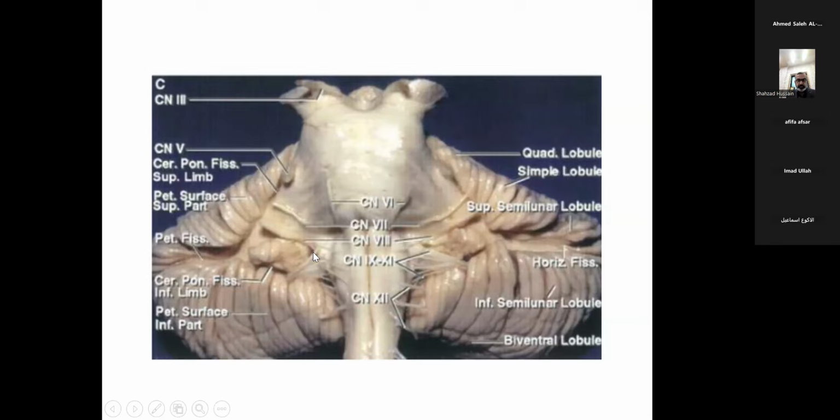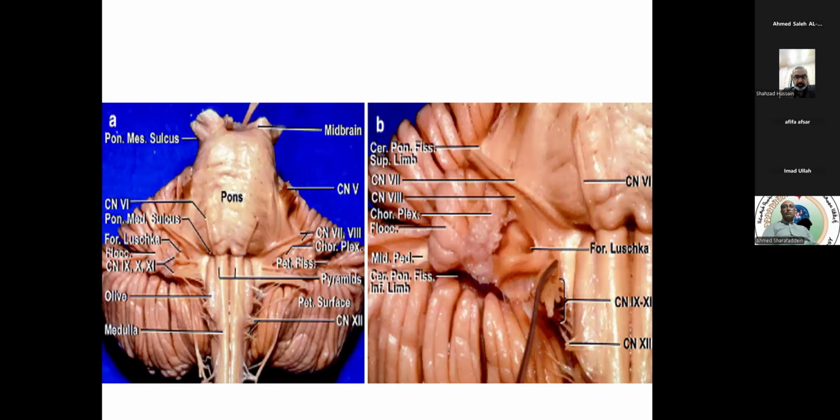And these are the lower cranial nerves: the 9th, 10th, and 11th, and the 12th cranial nerve in the form of rootlets. So this was an anterior view of the brainstem. Then we have again a comparative view. We have an anterior section and a lateral section in order to give a clear orientation. This was an anterior view like we went through initially, and this is a lateral view that we can appreciate. On this surface, we can see again this is the pons, this is the medulla, and we are viewing it from one side.